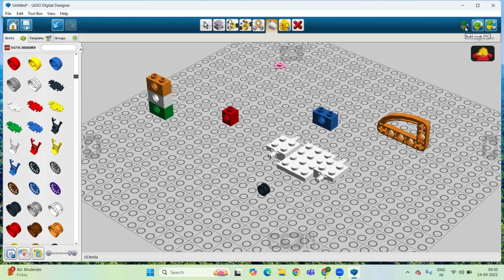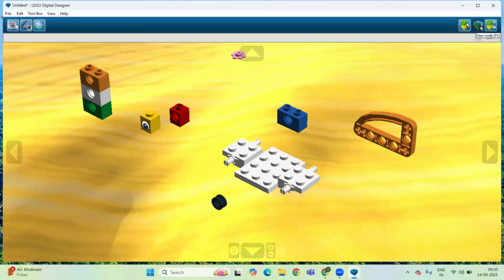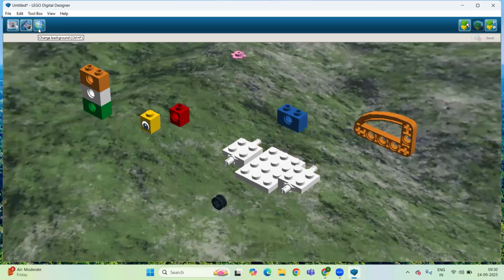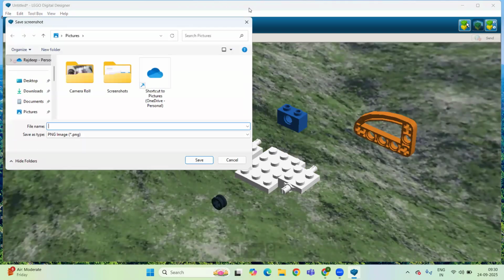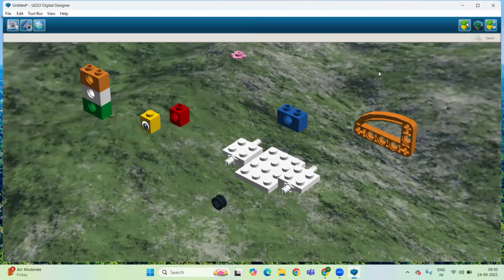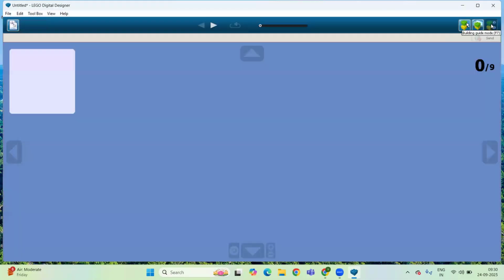Now I'm going to show you, because this is build mode, and if I select the view mode, you can see we can check it in different views. If I'm selecting this, I can change the background. We can set the background from a computer location also. And the third one is generating a build guide,